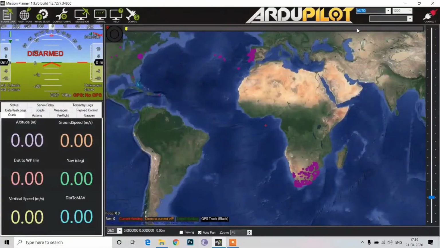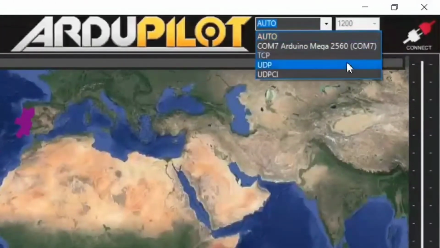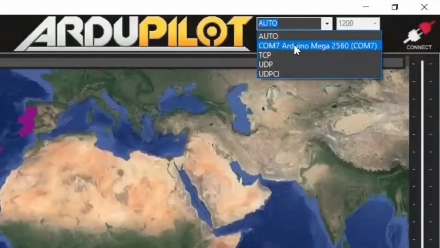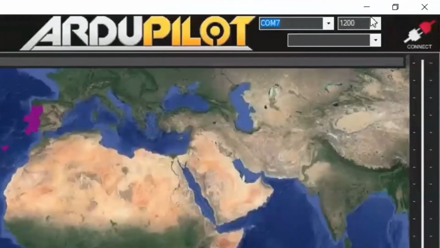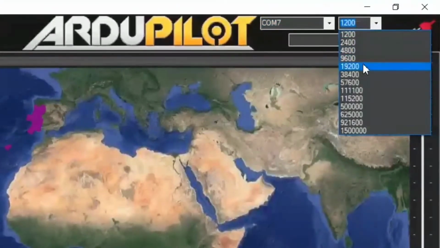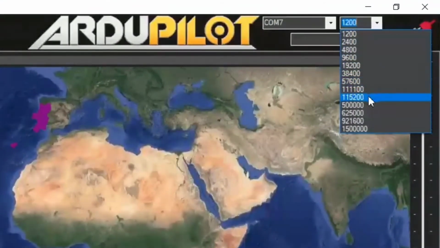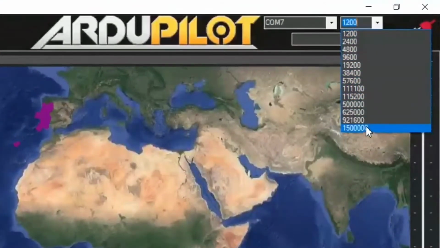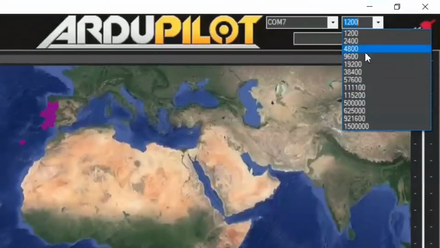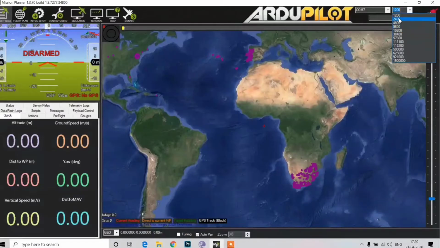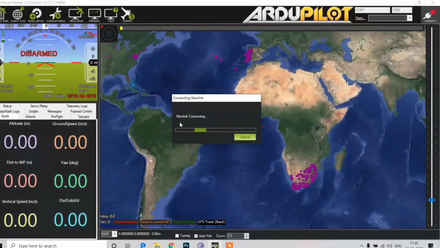Now we can close up the device manager and go to our COM port selection right over here, and from the drop down menu you can see that it is written over here COM7 Arduino Mega. So we are going to click on it, and now the baud rate should be selected at your choice, and you must decide which baud rate you need to select. There are a lot of baud rates, so you can test with them every time you connect the board to the computer.